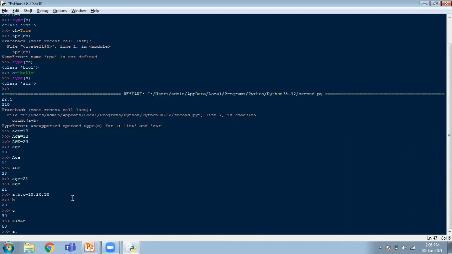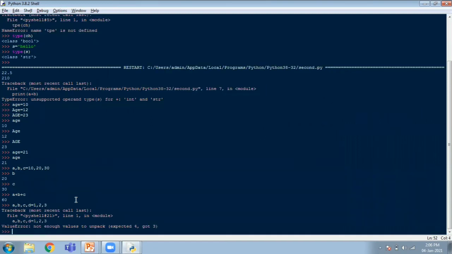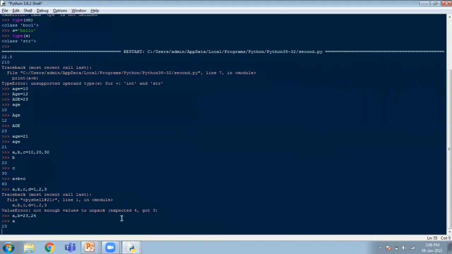You cannot do a mismatched assignment. See, 4 variables, but assigning it to 3 values. So this gives you an error. Can you identify why? There are 4 different variables, but only 3 different values. D is left out without being assigned a value. So this says not enough values to unpack. Right? Like this, you can assign multiple variables.